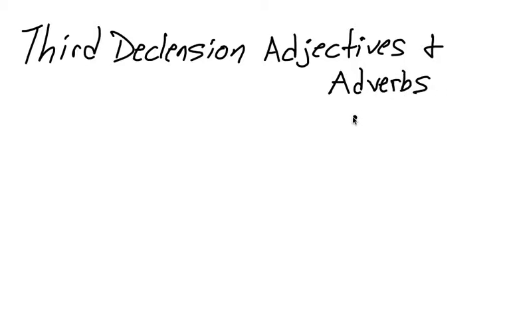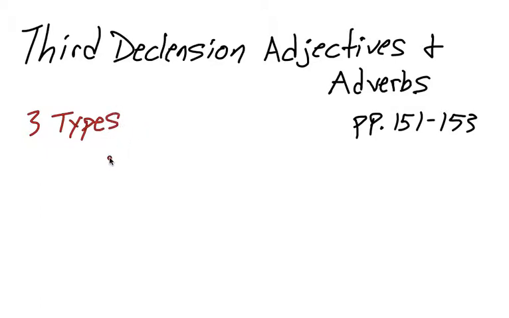Okay, and you can find all of this in your book over a few pages in chapter 13, pages 151 to 153. So we're just going to talk about all the different types of third declension adjectives and also third declension adverbs all at once. Okay, so first thing we need to know about third declension adjectives is that there are three types